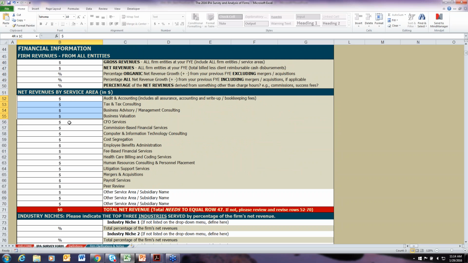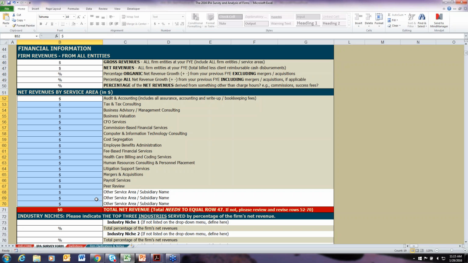This next section, net revenues by service area, starting on row 51, we're looking for a breakdown of total net revenues by service area. Please be sure to complete this section based on each service area's net revenue, and be sure that the total that's automatically summed in row 71 is the same as the total that you typed into row 47. If you have any services that are not listed in column C,